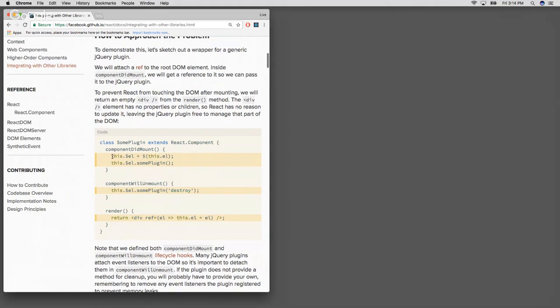In the component, this is a wrapper. This is a wrapper for the plugin. So we are creating a React component, which is nothing but a wrapper for the plugin. And in the componentDidMount, we are